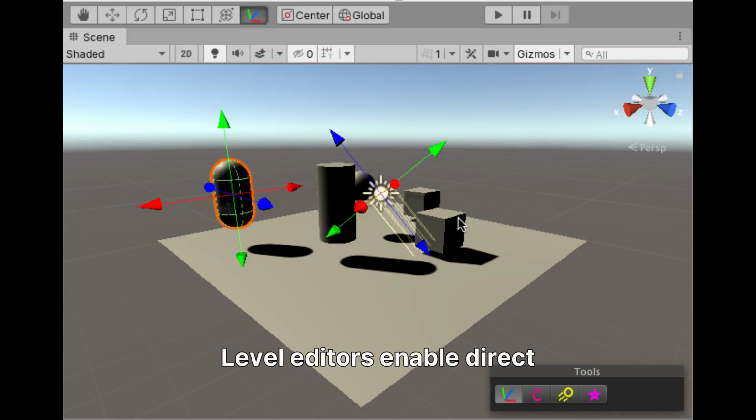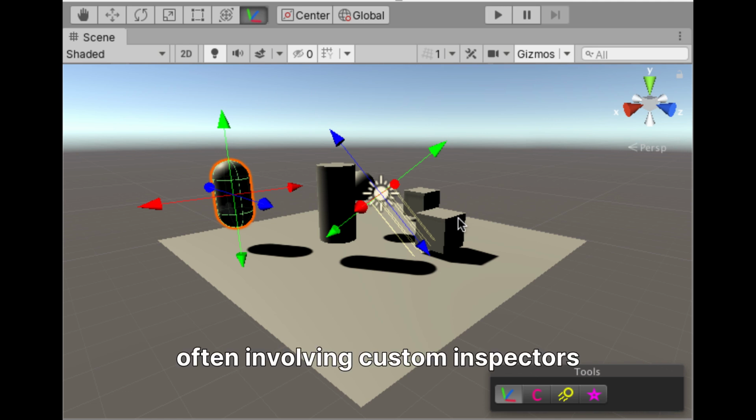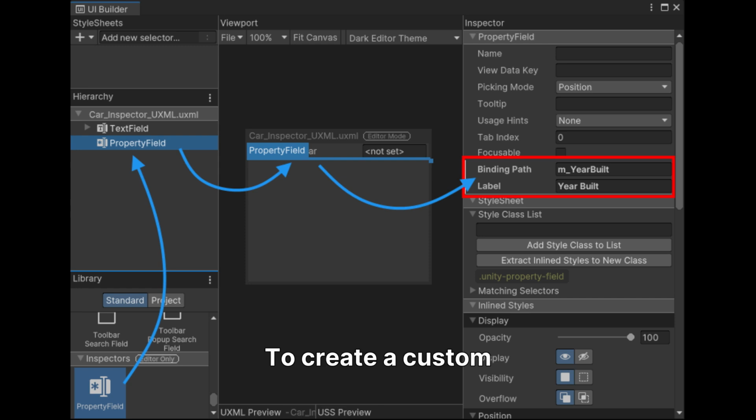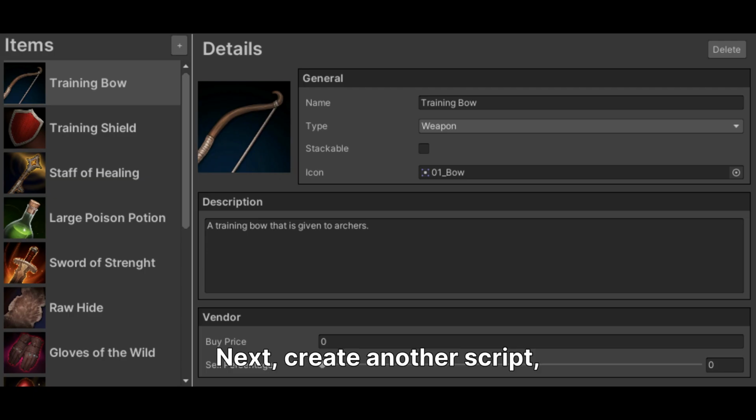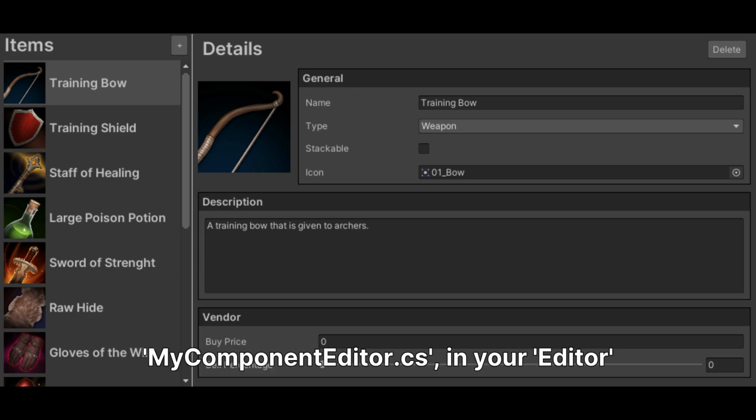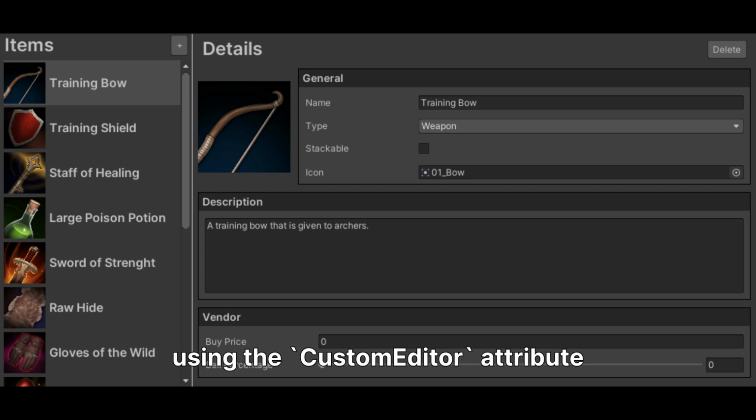Level editors enable direct creation and modification of game levels within Unity, often involving custom inspectors for scene object manipulation, such as placing environmental assets or defining gameplay zones. To create a custom inspector, first create a C# script, like MyComponent.cs, to attach to a game object for holding data that your custom inspector will then display and modify. Next, create another script,